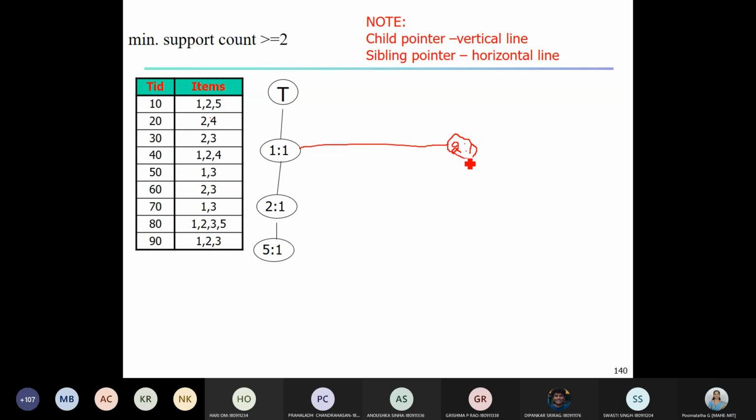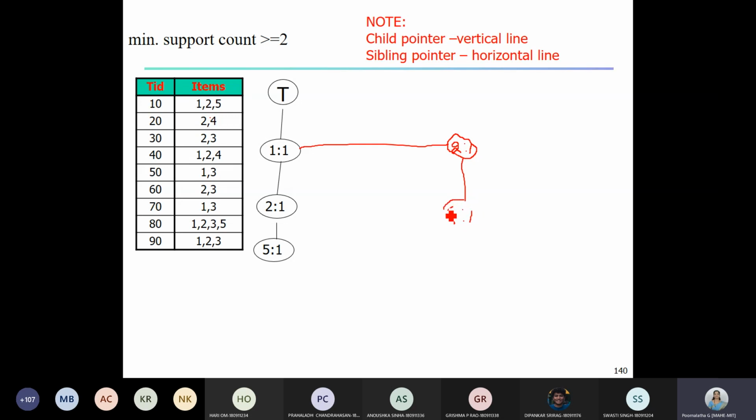Hence I am giving a vertical line, that's a child pointer for this item 2, and I'm creating a new node here, because below the item 2 we don't have a node with the item 4.